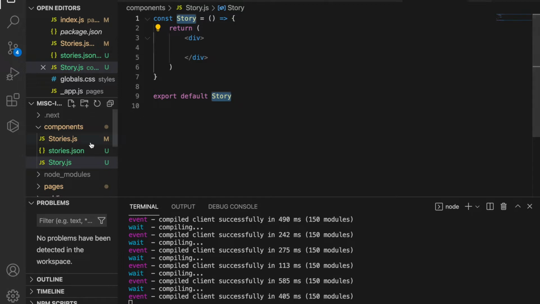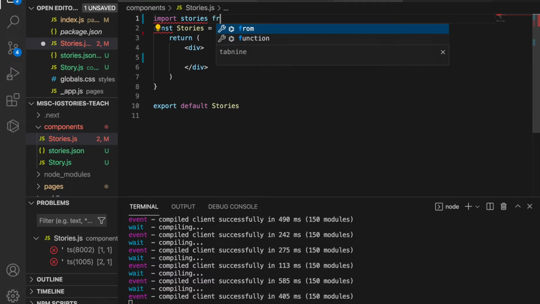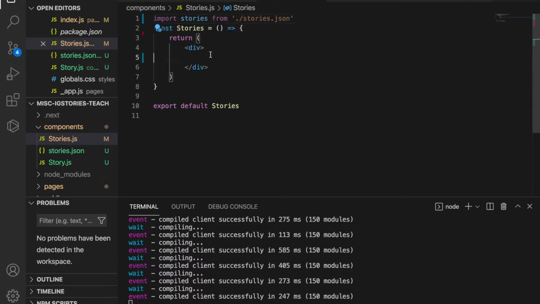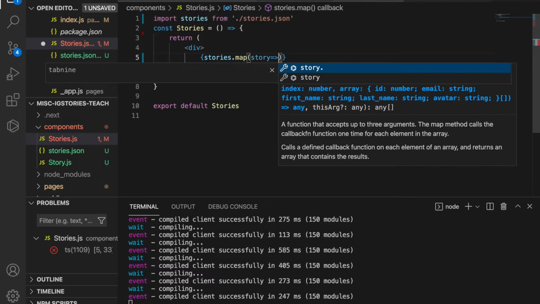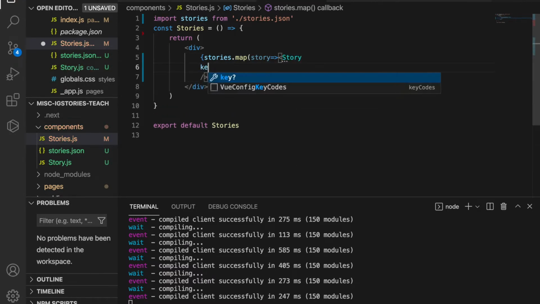And now we go to the stories.js and go to the top. And we import the stories from stories.json. And then add a div. We use stories.map and story, and then story, and we paste the key is equal to story.id,